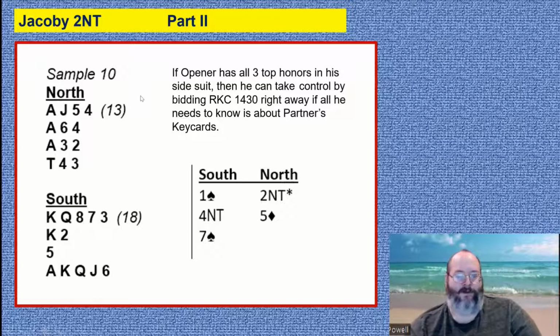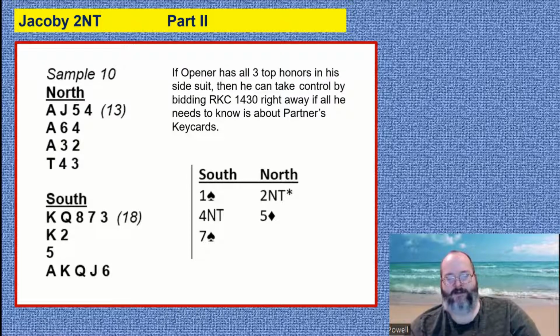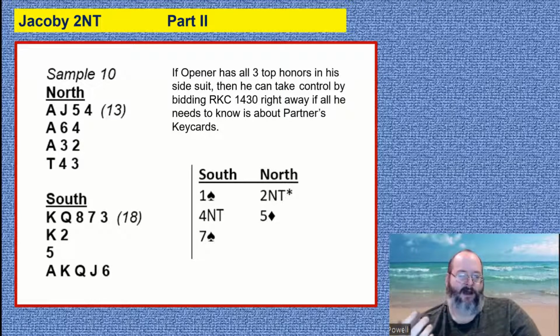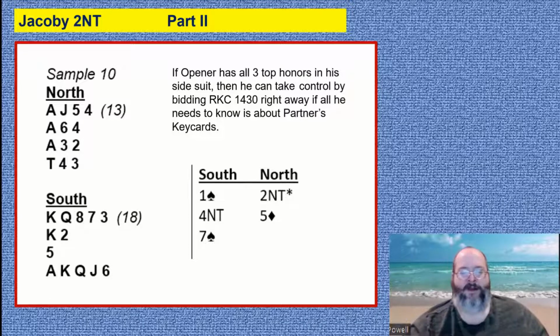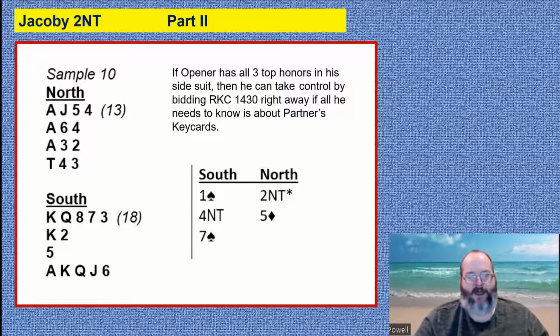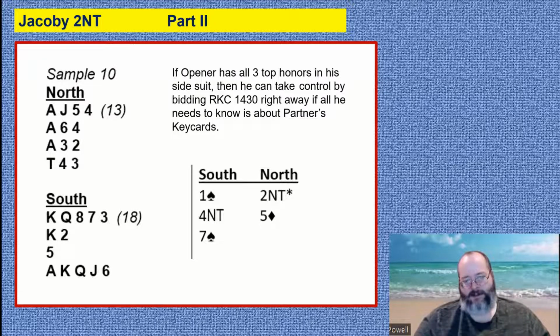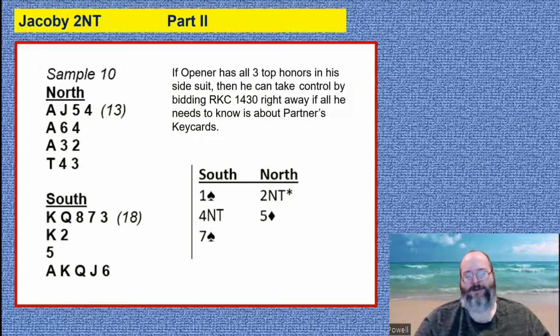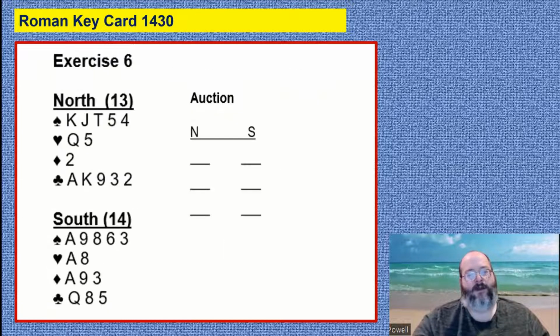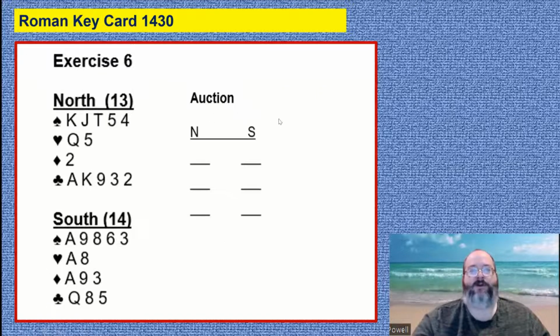I will tell you that, in these auctions, when you have big hands and big fits, you can get key card from both sides of the table sometimes and still get to the right place. So there are going to be many ways to get to possible slams on any individual hand. But in order to get to the grand slams, sometimes it is important as to who asks, because one person knows more and one person is able to get the answers he needs. Okay. All right. So just looking at an example here,